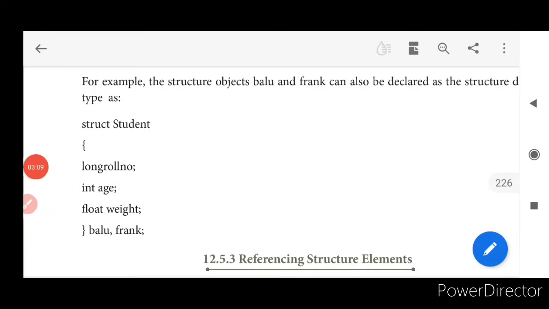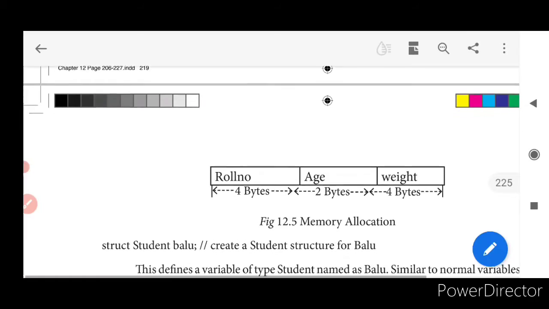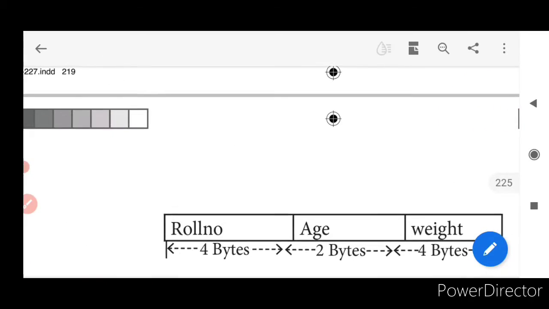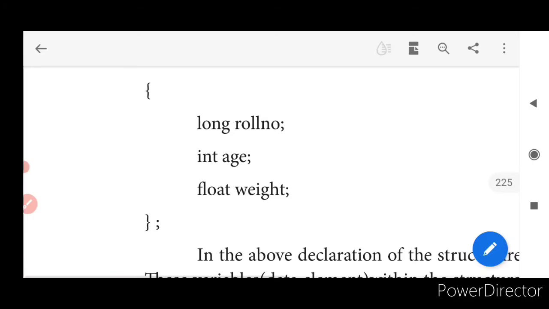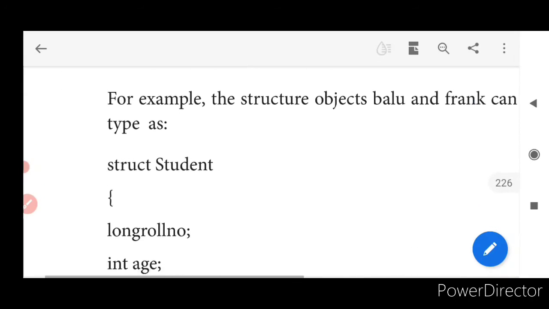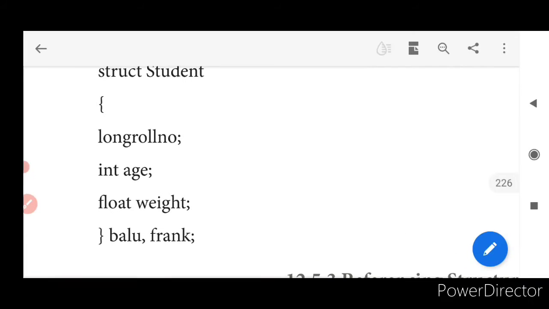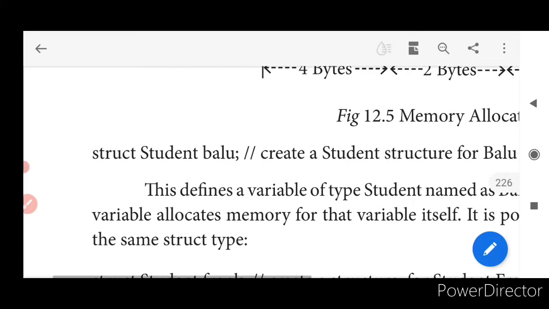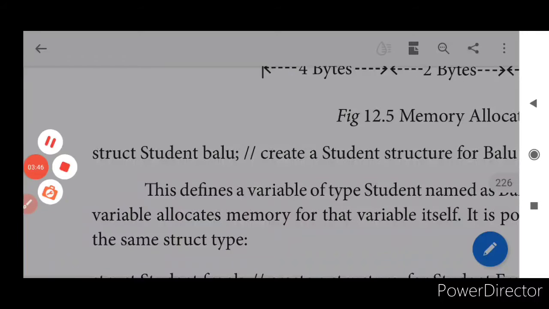See, have a look here. We declared struct student Balu separately without declaring it in the structure by itself. Yes, we declared that separately. And if I wanted to declare that within the structure itself, you have to declare like this, Balu, Frank. What does it do? It creates a structure for Balu separately and it creates a structure for Frank separately. And it's an optional field and it's a reference name, right? So you can give the reference name directly like this, or you can even create it like this: struct student, the structure name followed by the reference name.